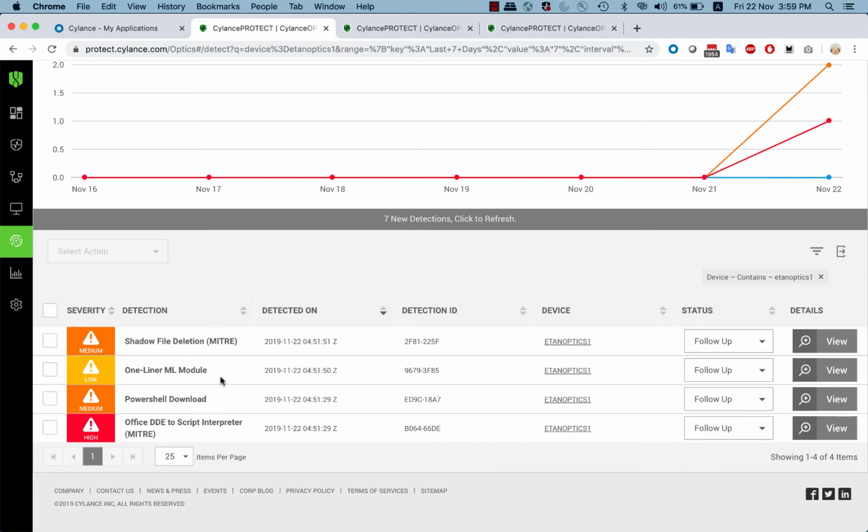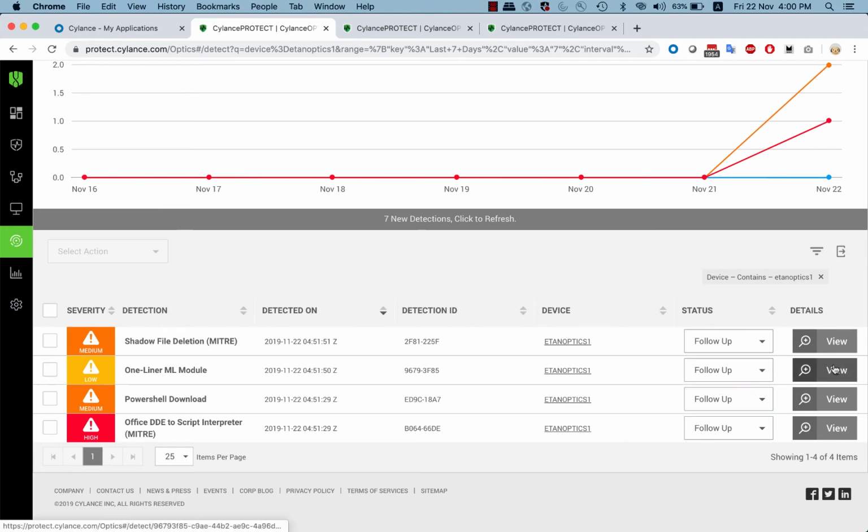Followed by that, the machine learning stepped in and said, hey, this is not really normal behavior, and that's why the machine learning has the ability to tell the user that something is not right. After that, we saw the ransomware being executed. We all know that for ransomware to work successfully, the first thing it wants to do is delete your shadow copy, so that there's no way for you to restore the files that were encrypted. So these are the few things. We can go through all these details, but